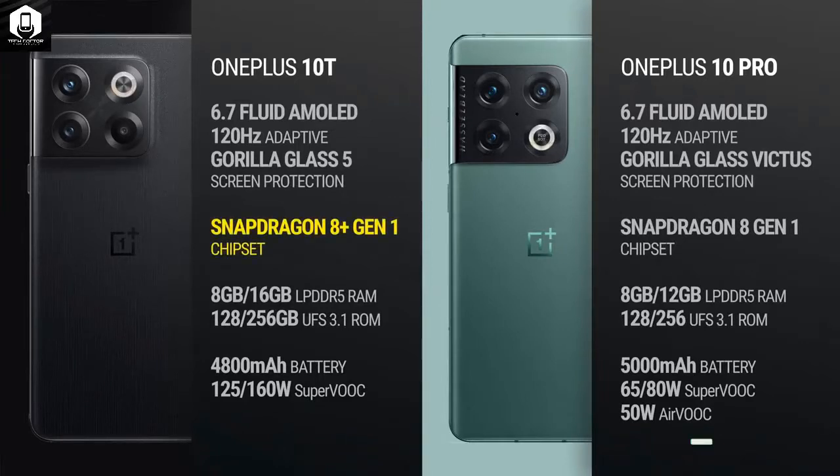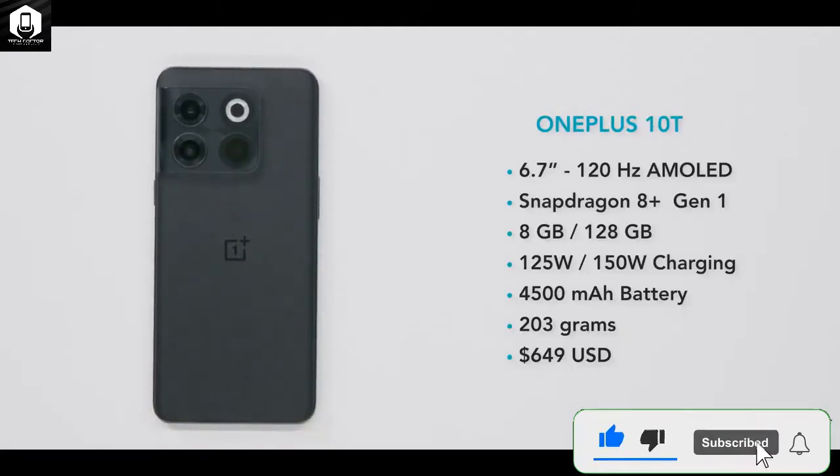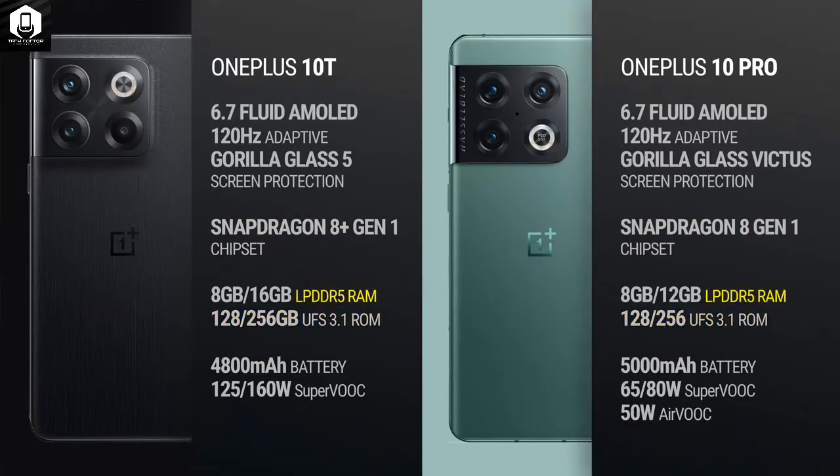The OnePlus 10T is blazing fast. It's got the Snapdragon 8 Plus Gen 1 chipset, which is basically an overclocked 8 Gen 1. The processor found in the OnePlus 10 Pro, Sony Xperia 1 IV, Vivo X80 Pro, Galaxy S22 Ultra, and several other high-end Android phones. In GFXBench performance tests we run on every phone we review, the 10T scored among